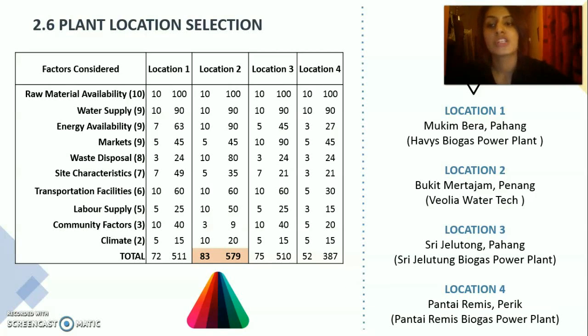most points. So the reason why raw material availability was given the highest multiplication factor is because it's very important for us to get a source of our raw material, which will be palm. So as we can see, Penang has the highest source for palm, followed by